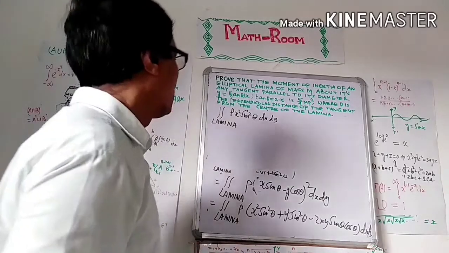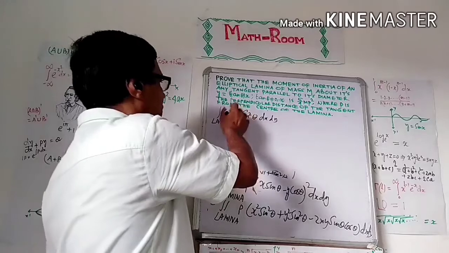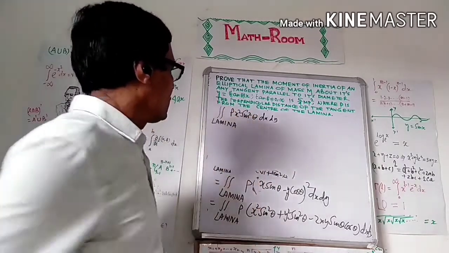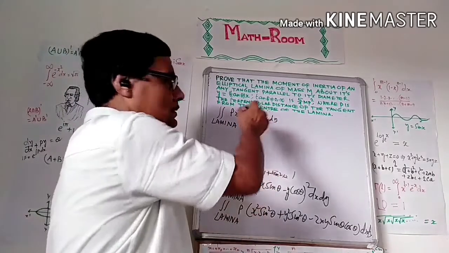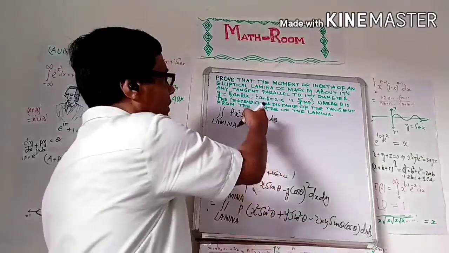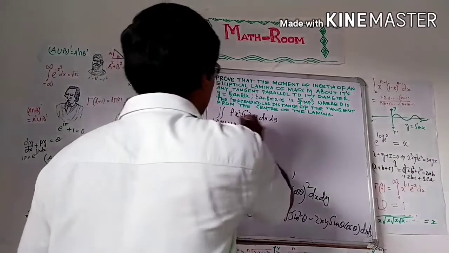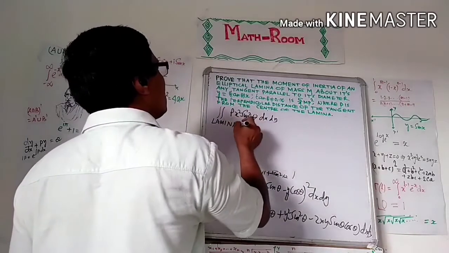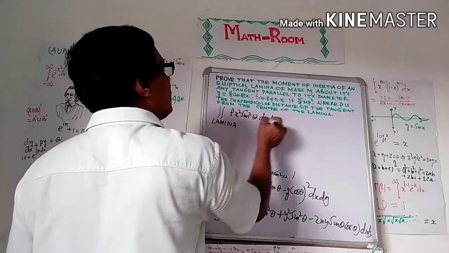We can use the rule of double integration: integrate this term with respect to x when y is treated as constant, or with respect to y when x is treated as constant. So we can integrate this term by the rule of double integration. We get